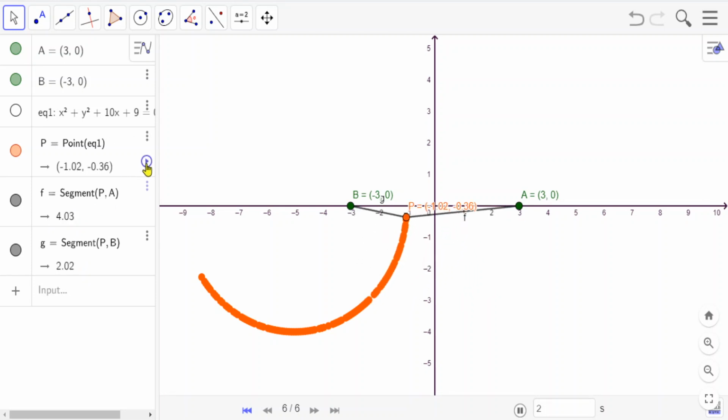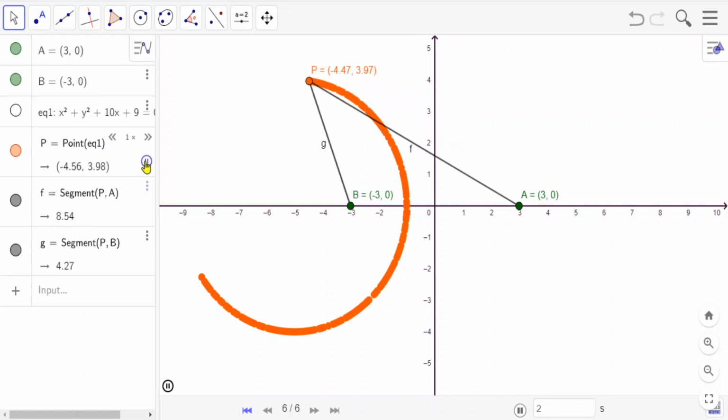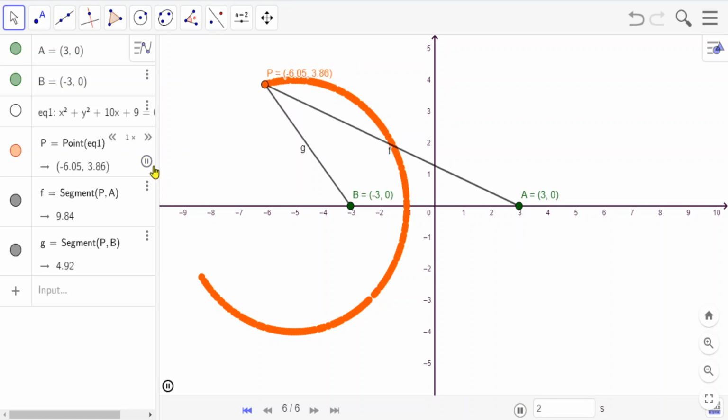Again I will show you one more point. You see, 2.4 twice is 4.8. This is 2.405, so you will get 4.81. Now you see it is moving again and again. Now 4.5 twice, what are you getting? 9. So each and every point is satisfying the geometrical condition PA is equal to twice PB. Now the locus, what are you getting?